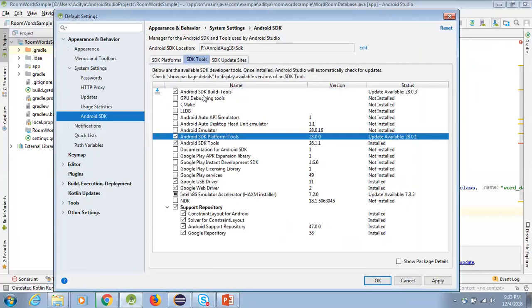Similarly, I clicked over here. Guys, please jot down the main tools that you need to download. You need to download Android SDK build tools, Android SDK platform tools, then Android SDK tools. After that, the Google USB driver, because down the line we'll be plugging the phone into our system,